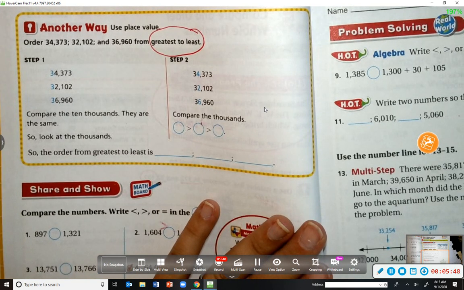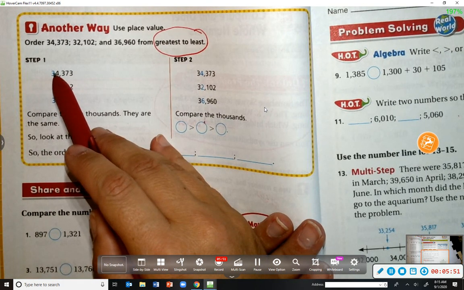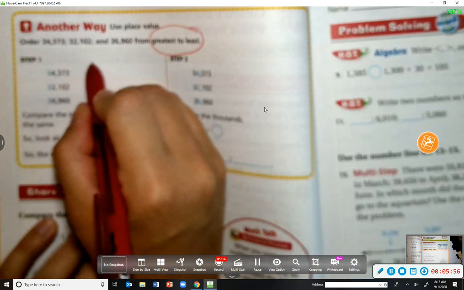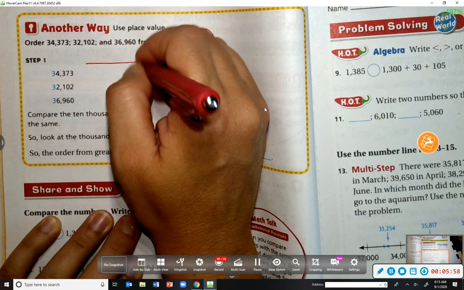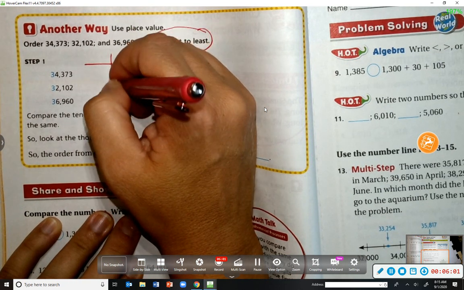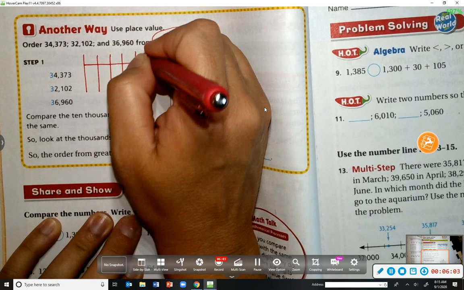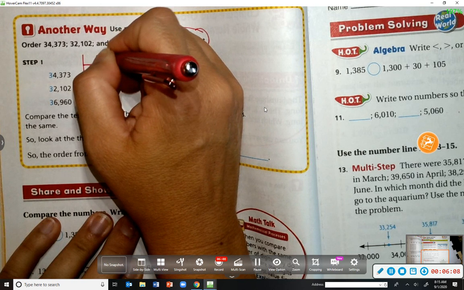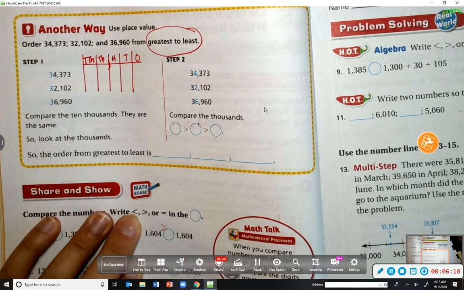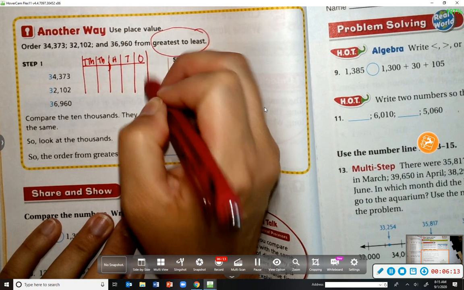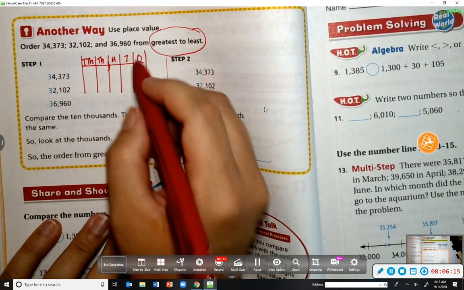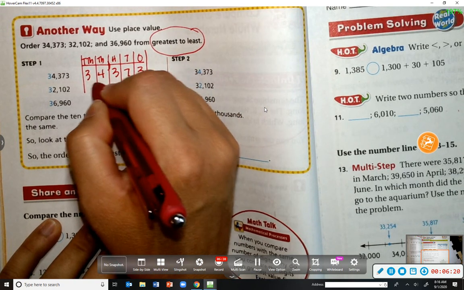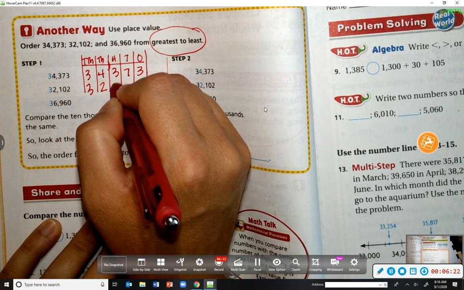So what you want to do is line them up. See how these are perfectly lined up, each place value. What you could even do is draw your own place value chart to help you keep everything lined up. You would have your ones, tens, hundreds, thousands, and 10,000s. And then you can put your numbers in the place value chart just like you see them lined up here. So I have 34,373, 32,102,